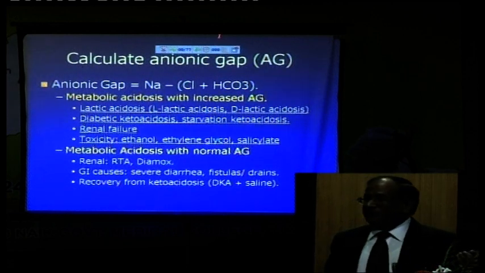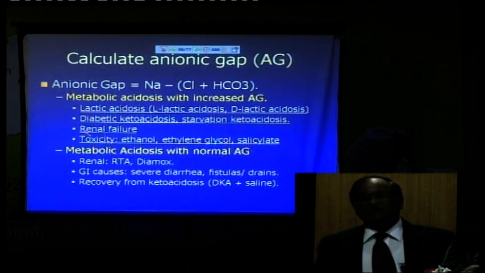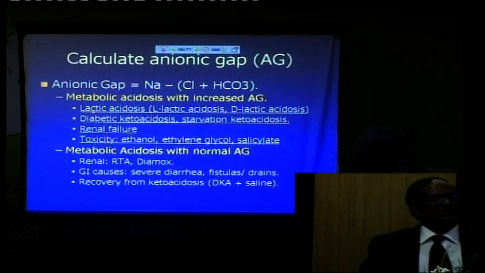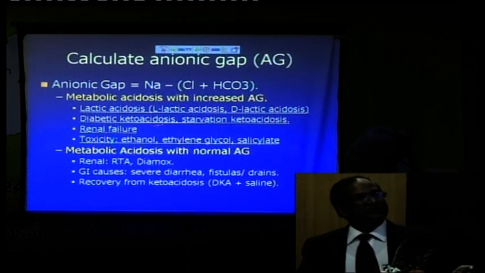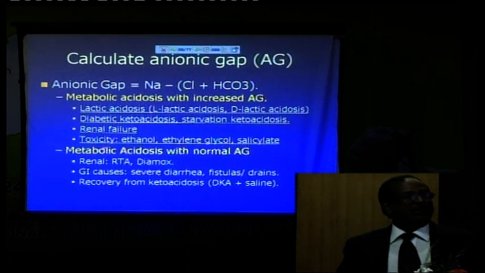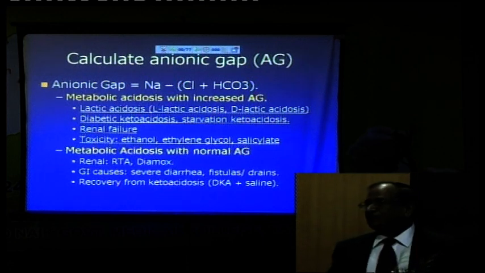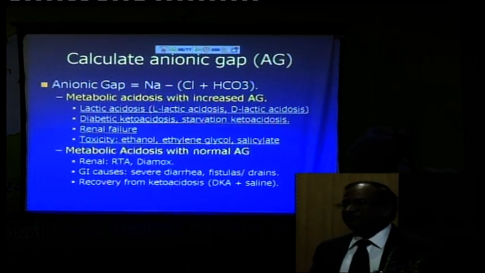Once you've classified your metabolic acidosis as high anion gap or normal anion gap, it's very easy. There are only a few reasons, 4 reasons for high anion gap: lactic acidosis, diabetic ketoacidosis, renal failure, and alcohol or drug intoxication, alcohol or salicylate. Very simple. Lactic acidosis, I know if the BP is low, the patient is having convulsion,